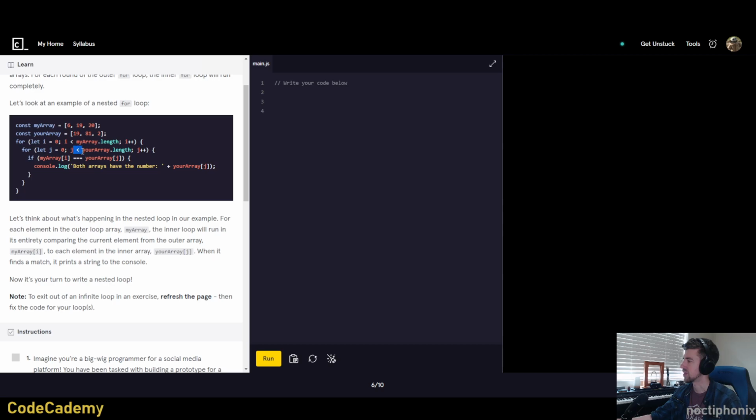They said as long as j is less than the second array's length, j will increase. And then inside of that, it'll say if myArray at index i equals yourArray at index j, then console log both arrays have the number. Oh, that's clever. Yeah, okay. So if you want to have two arrays that compare each other,